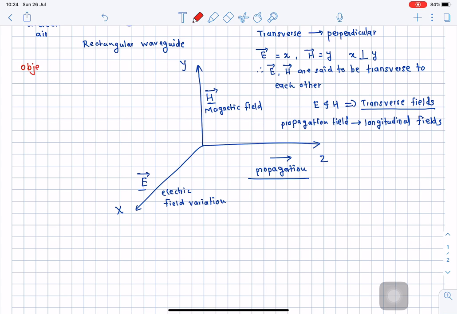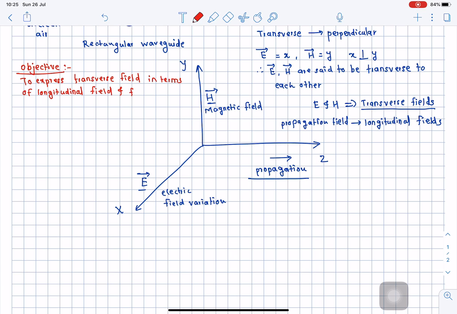So our objective: to express transverse fields, that means the fields which are located along the x-axis and y-axis, in terms of the longitudinal field,